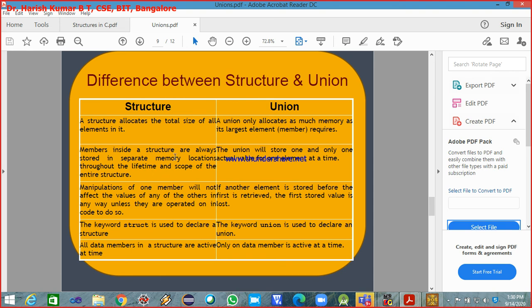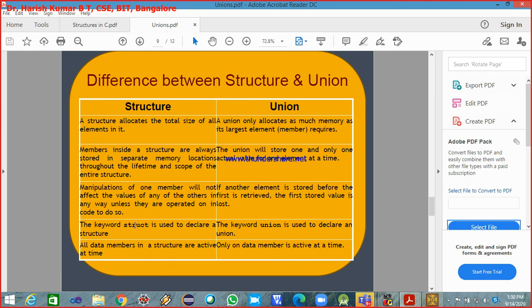Members inside the structure are always stored in separate memory locations throughout the lifetime and scope of the entire structure. In a union, memory is allocated only for the largest one, and the same is shared by all of them. So manipulation of one member will not affect the others in the case of a structure, but in a union, if you manipulate one, it will affect the others because all of them share the same allocated memory.